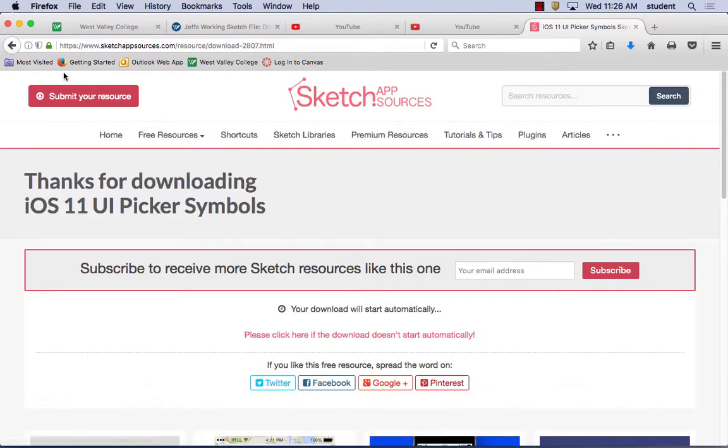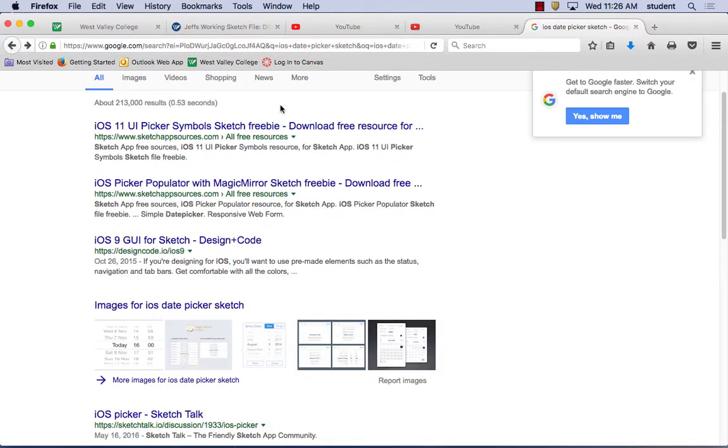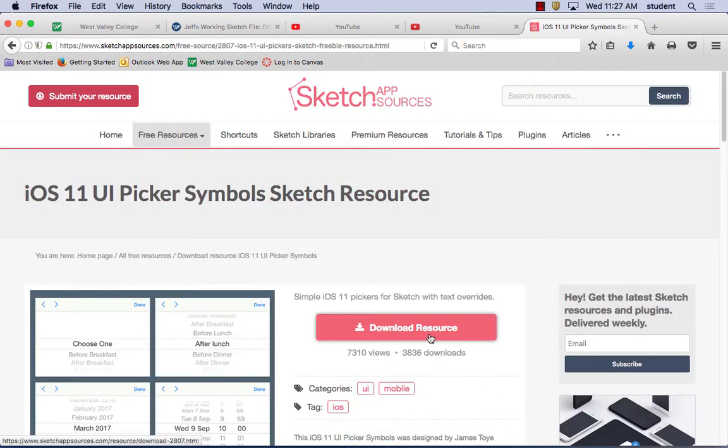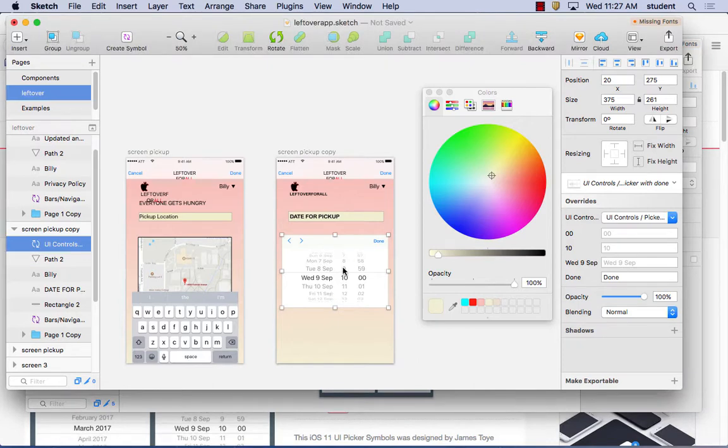I went to Google and typed in Sketch app. Here, what did I type in? iOS date picker sketch, and went here. Then I downloaded it here. I opened it up, and then I copied and pasted the one I found into my example here. So again, you can use pre-made objects like this, and using pre-made objects doesn't mean you